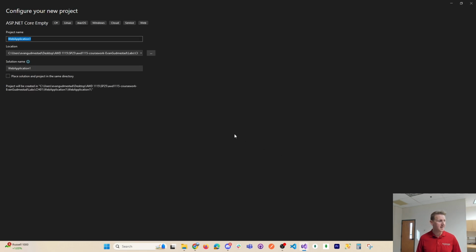So we're going to spin up next, and I'm just going to call this my car inventory system. That's my solution name, and I'll just call this car